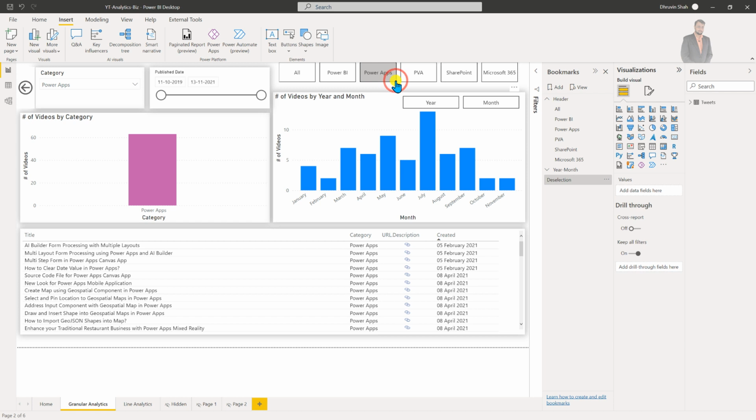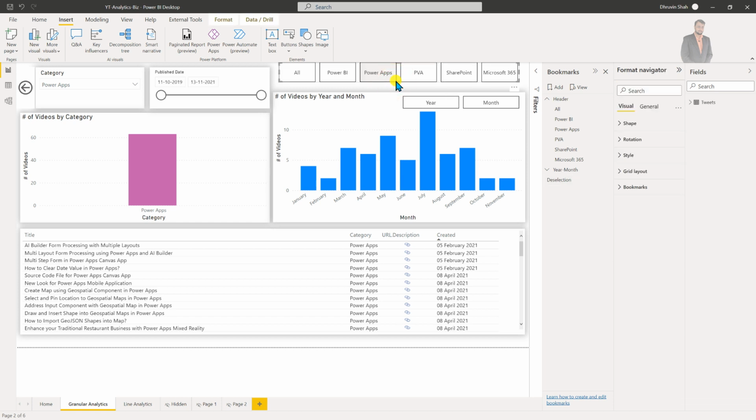Now let's talk about some other formatting properties. The main formatting property is this bookmark one, where you just need to select the appropriate group. By default all is there, so make sure about this, and if you just wanted to set the deselection, just use this property. Then there is another good property called grid layout. From here you can change the orientation between horizontal and vertical. So there are three options provided here.